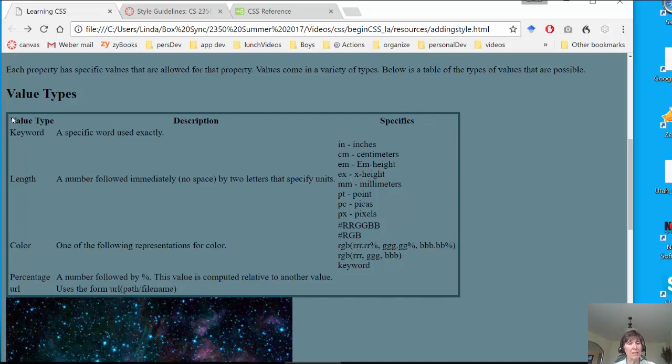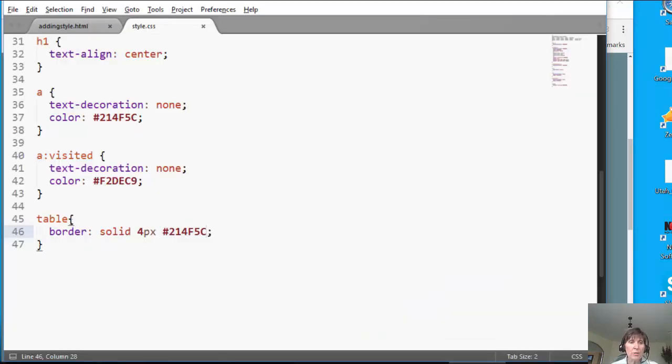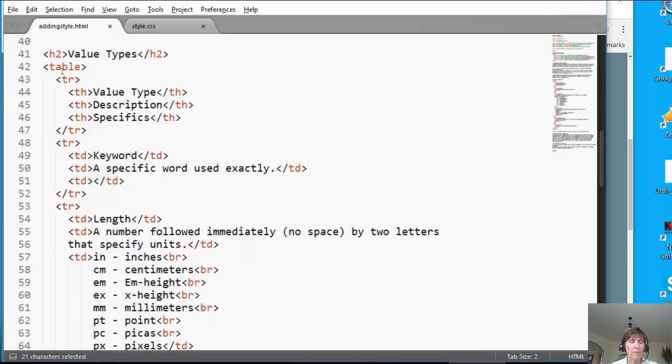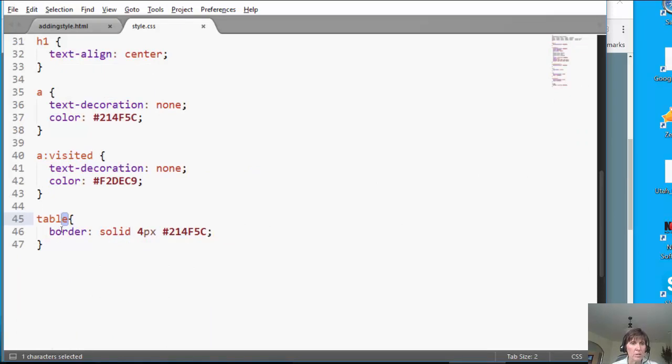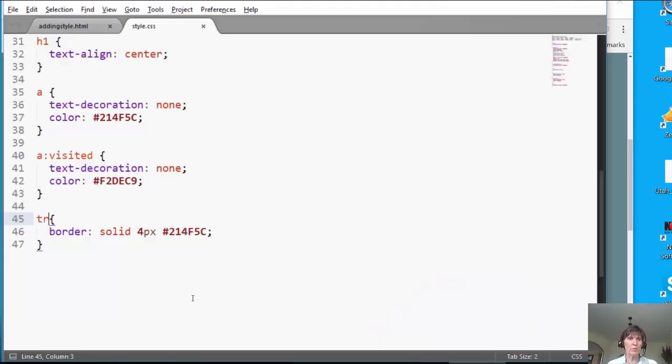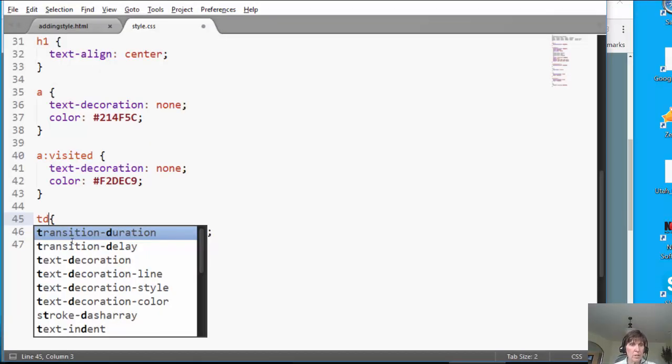Now it's not quite what I was expecting. I kind of want to get borders around each little individual piece. So instead of choosing table, do you remember what those elements are? If I go inside the table, I have rows with TRs, I have THs with table headers, and I have TDs. So let's try a few of these and see how that happens. Let's try T row and just see if we can get it around the row. We know we can get it around the whole table. And rows, it doesn't work. It won't put a border around rows, so that doesn't do us any good. Let's try TD,